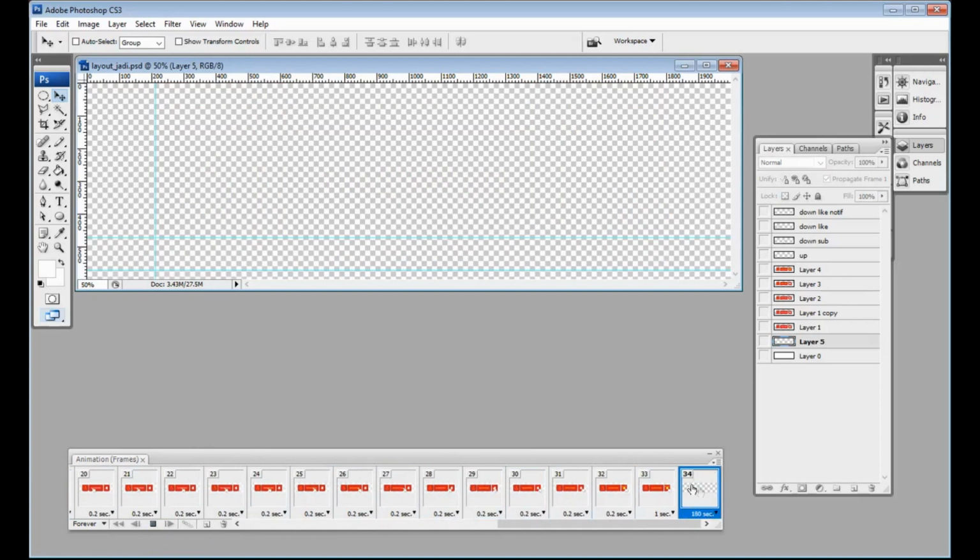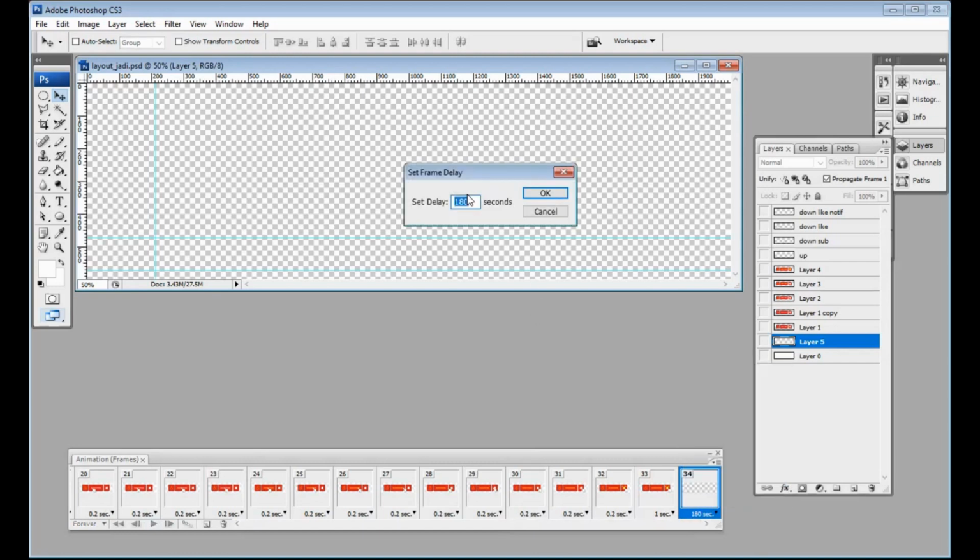Here it will disappear with a duration of 180 seconds, maybe 3 minutes, and we can adjust this. If we want to make it maybe 1 minute, we can set it to 60 seconds.